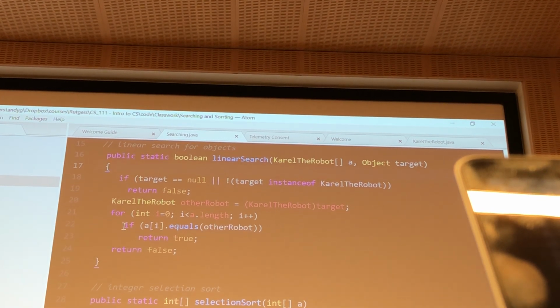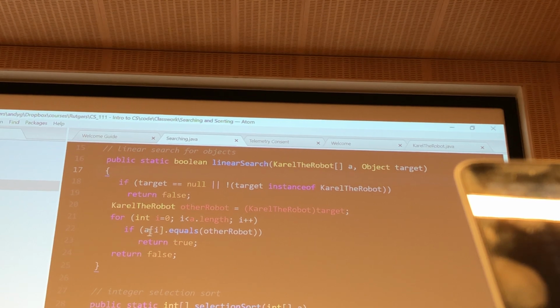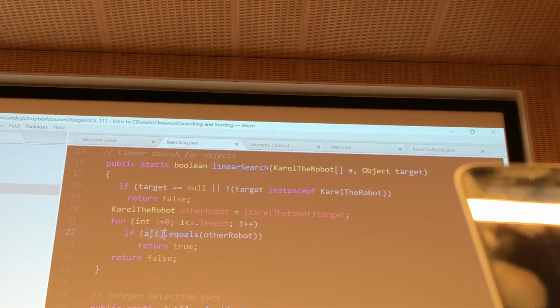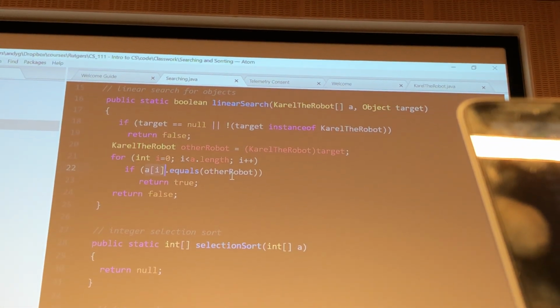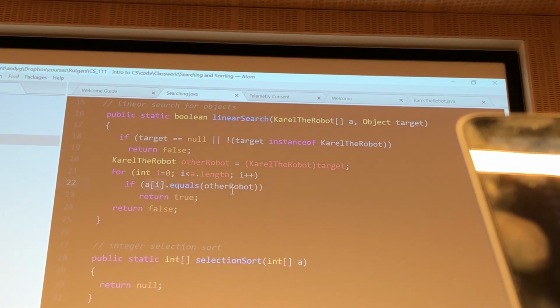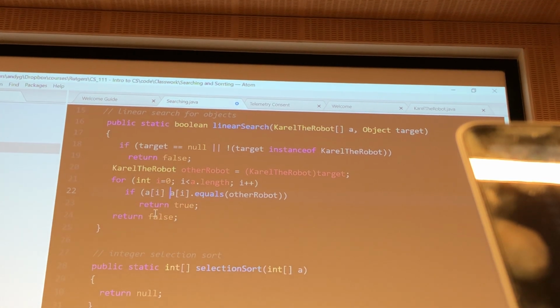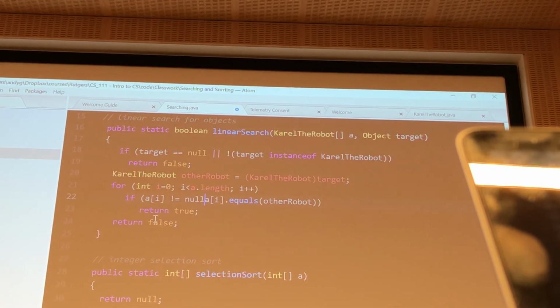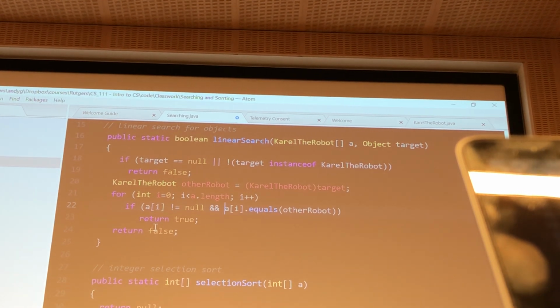So here, notice something. Here I'm checking to see if AI is equal to this. But did I check whether AI is null or not? I didn't, right? So we'll say something like this: if AI is not equal to null, and